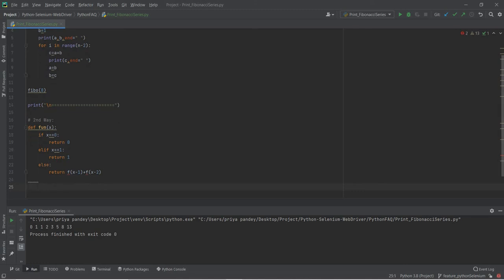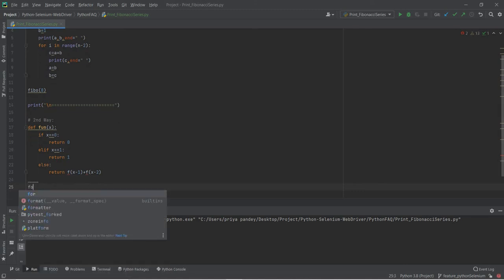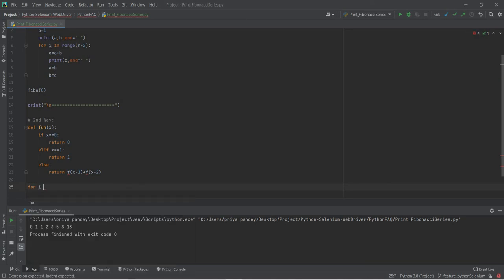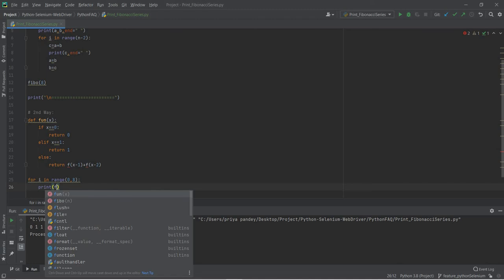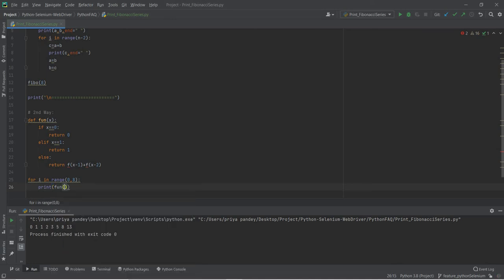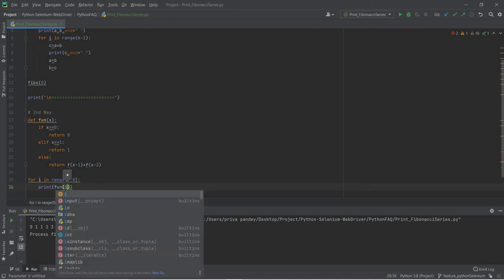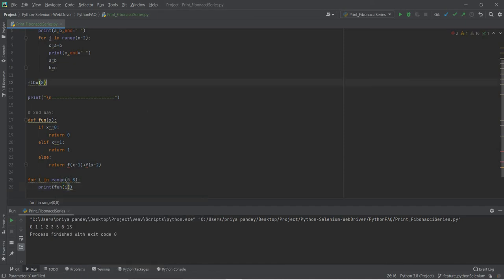Now we'll write the driver code. For i in range, 0 to 8, and then we'll print fun of i. Now let's see what happens.